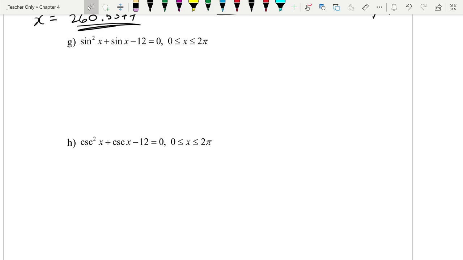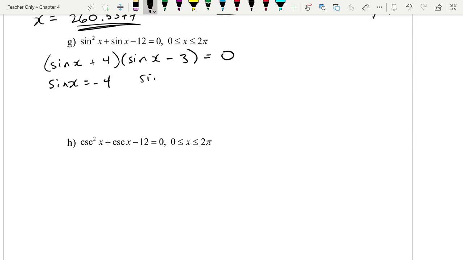No, what do you think's happening? Okay. Someone in the class has already realized that this one actually is kind of trolling you. What's happening here is, let's see, what two numbers multiply to make negative 12 and add to make positive 1? I think it's going to be plus 4 and minus 3. Is that what you had? And then you get the sine of x is equal to negative 4, and the sine of x is equal to 3. And at this point,